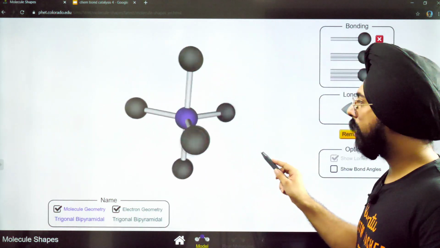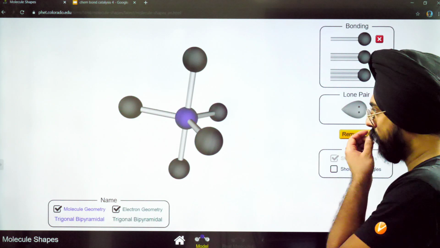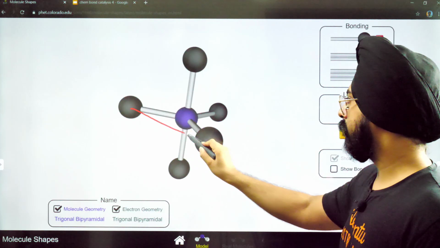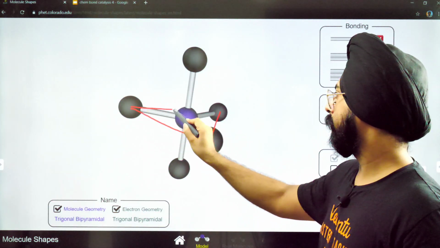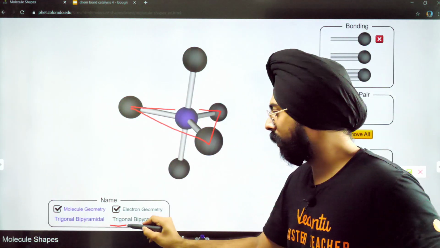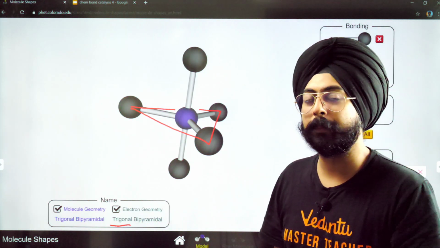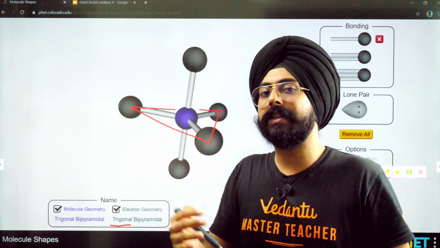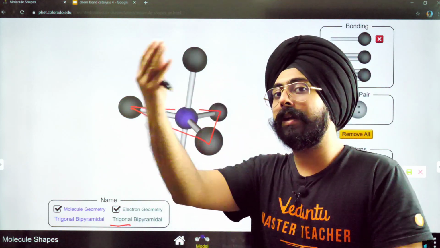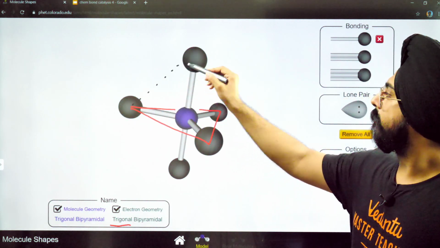My dear friends, let's try to understand the name of this first of all. ठीक है? Let's try to understand the name of this structure. So this says trigonal. Where is the triangle over here? Can you see this triangle? ये triangle दिख रहा है आपको? So this is where the name trigonal comes from. Now it has bipyramidal in its name. What does that mean? It means that you can make two pyramids out of this base trigonal. ये जो basic trigonal है, इससे दो pyramid निकल सकते हैं. Let me show you what those pyramids are. Can you see this is a pyramid?